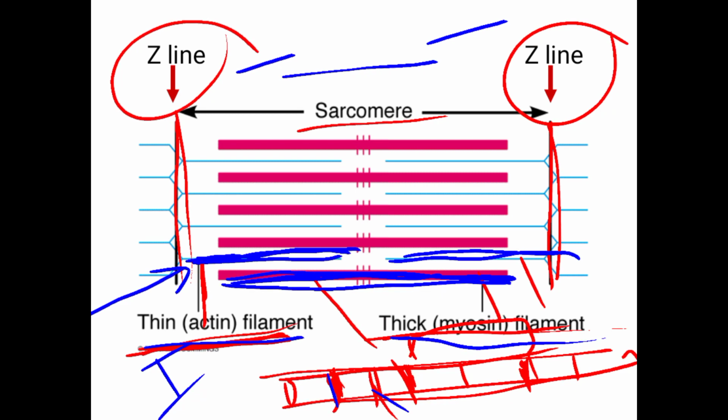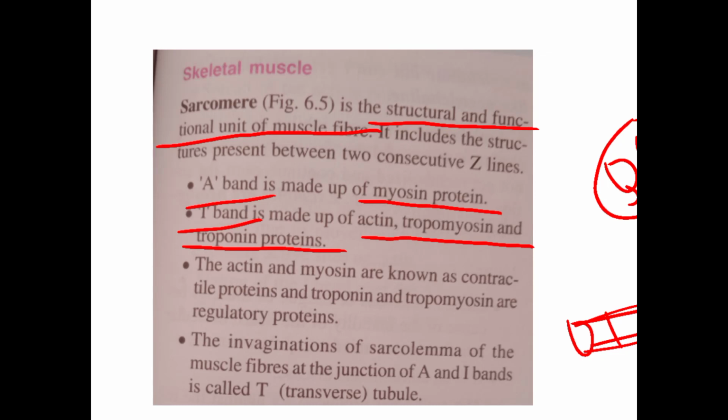When there is muscle contraction, the thin filaments come together like this, nearer, sliding over the myosin molecule. The two thin filaments are coming together. Then on relaxation of the muscle, they go back to their original place. Like this, muscle contraction takes place. That is another class I will explain. So just remember these things.